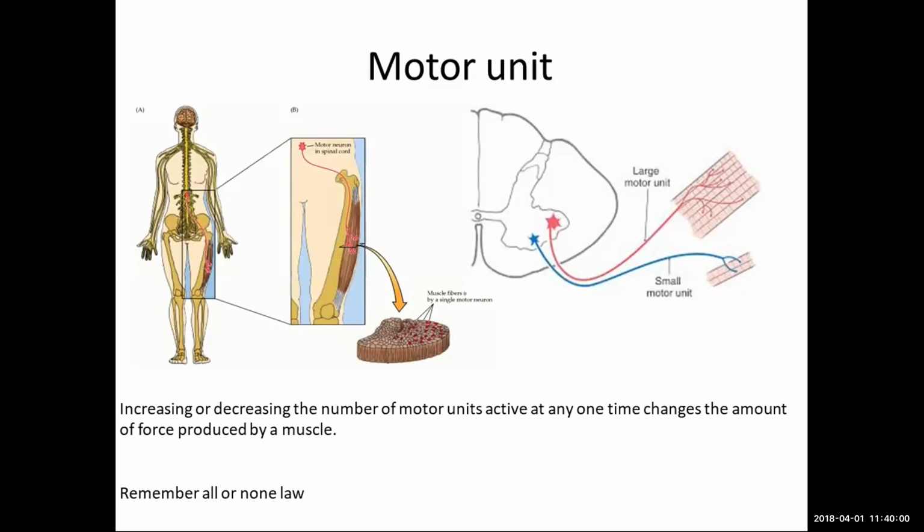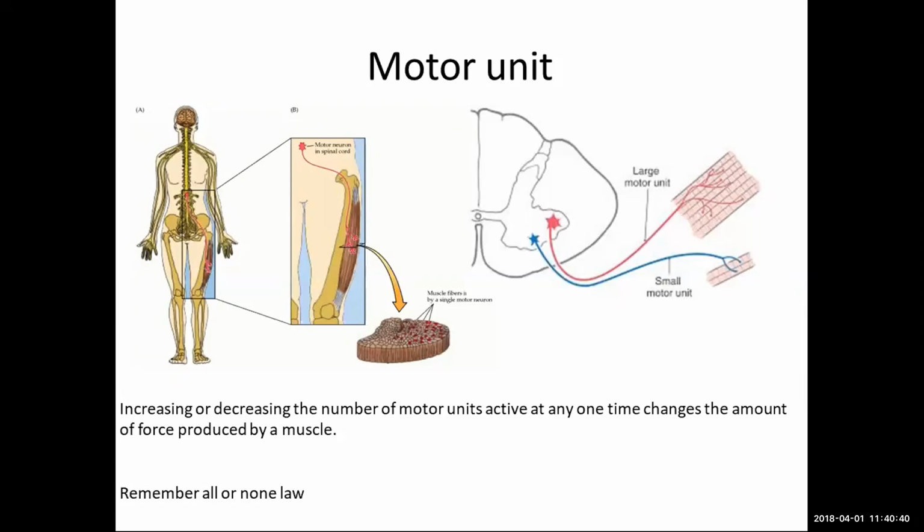The classical example they tell you about, or the important thing you want to understand about motor units, is the all or none law. What it means is either they can all contract or they can all not contract. That is one of the things in the 80s and 90s, if I remember correctly. People who have studied that will also have this idea that they used to call that the muscles are in a partial state of contraction. That was a common terminology we used to use in the 80s and the 90s.